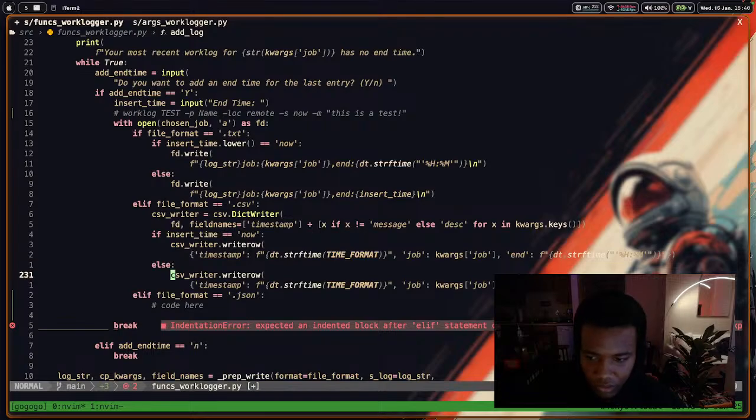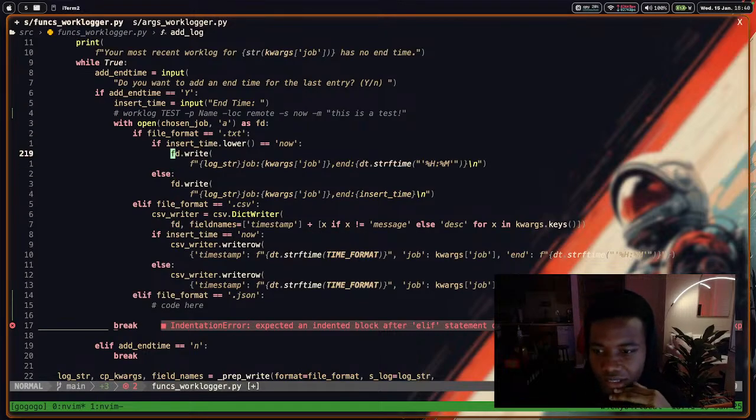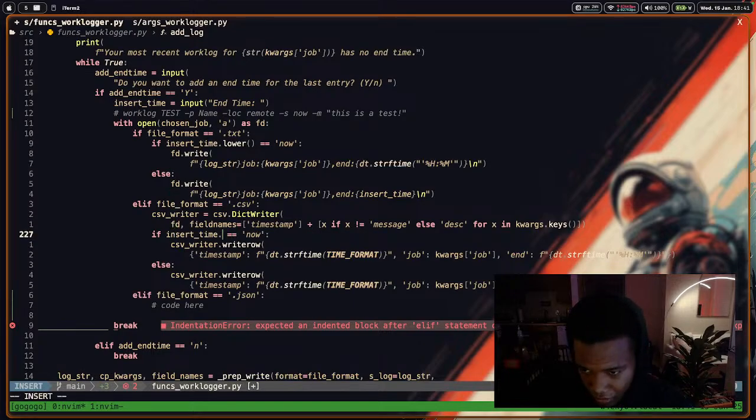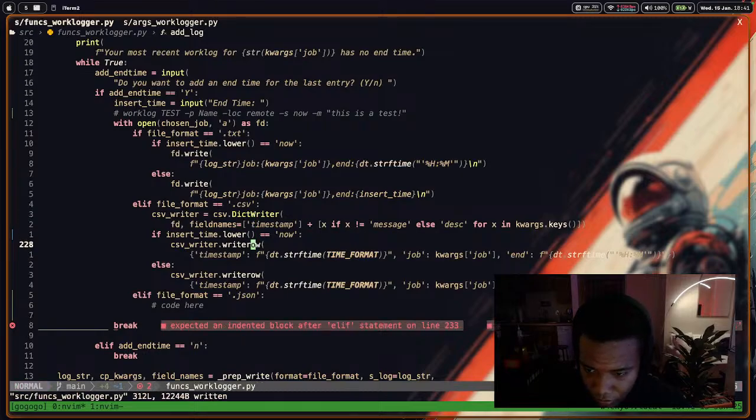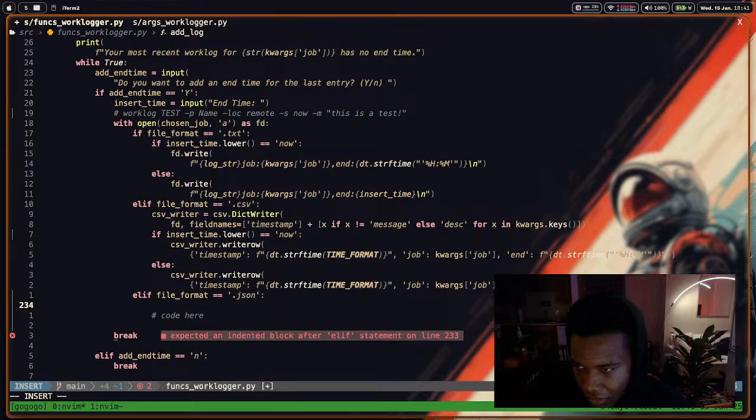I'm just inputting field names. I see. And then for txt, it's been a while for txt. If insert.time.lower, oh, let me actually do this. "All now" is just a special word that if you pass it through, it'll literally just do the exact time now as you hit enter. This is the actual time that you want. So basically it will just be